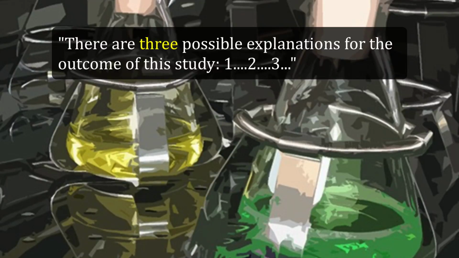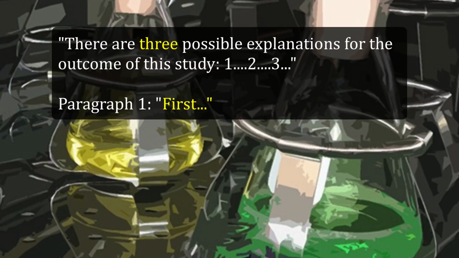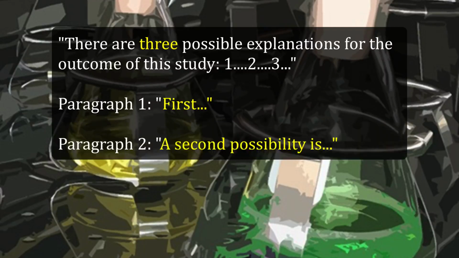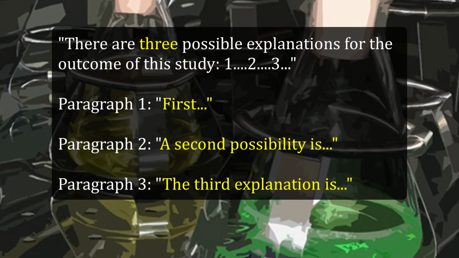Each paragraph begins by stating the order of the sequence. Use the transition word "first" to begin the paragraph, and then describe reason number 1. The next paragraph starts with, "A second possibility is," and explains number 2, followed by, "The third explanation is," and